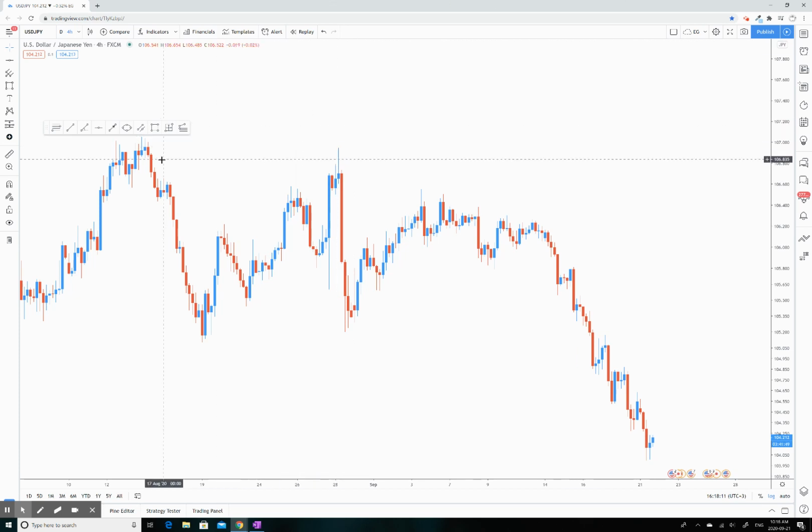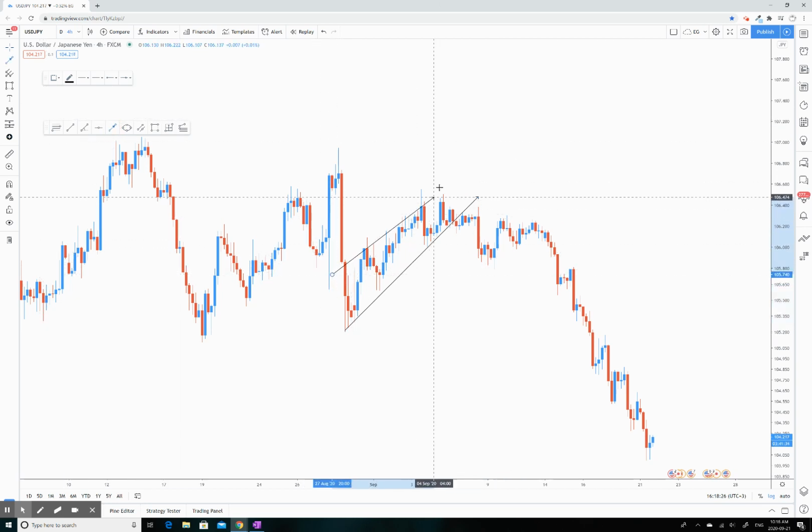Okay, perfect. Now the thing with channels is I'm just going to use the arrow to draw this in. I like to include in my channels as many wicks as I can. That's how I like to create my channels. I find that the most accurate. But if you have a way that you draw channels in and you find that more accurate, by all means,